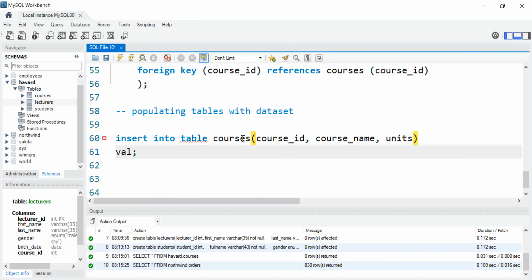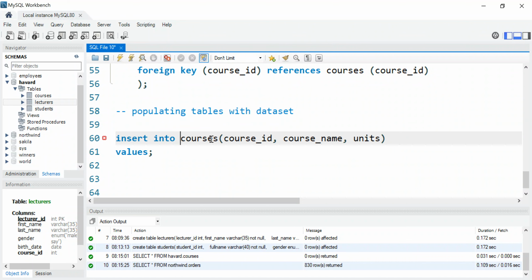Then next thing is going to be values. Okay, I think it has to be inserted into courses. Then values, we can open that. Then we can type in each of the values. So we can go like course ID one, course name is, let's say, intro to DSA, unit is 3,